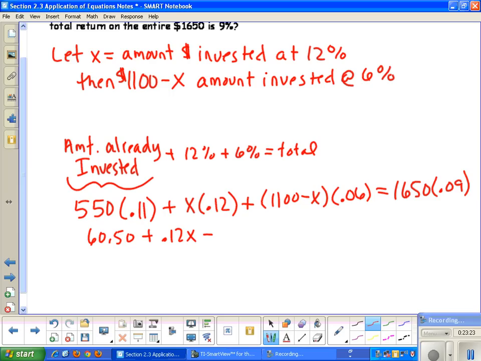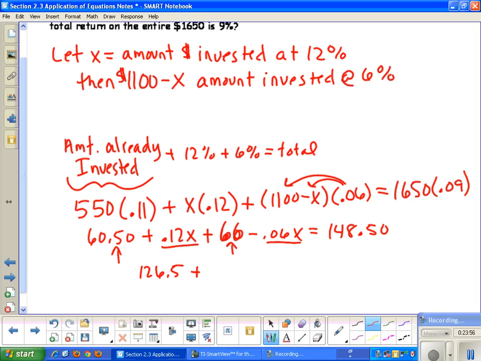I'm going to distribute here. So then I get plus 66 minus 0.06x equals 148.50. And then combining our like terms, we have the 66 and the 60.50. So when we add those together, we get 126.5